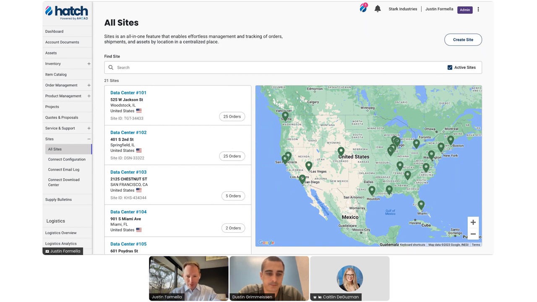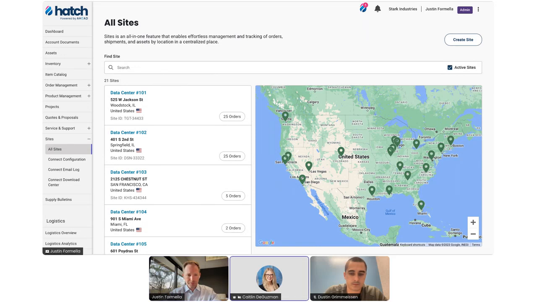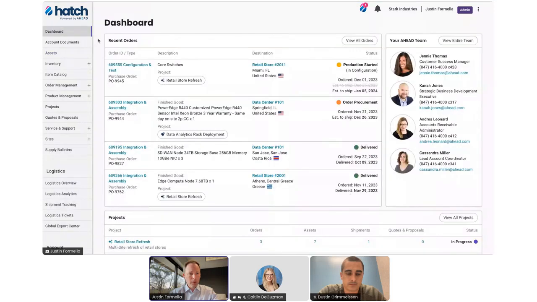Cool. I think another, yeah, we got one. Does Hatch have the ability to maintain status of non-hardware assets, for example, public cloud instances? So it does not yet. That is on our 2024 roadmap. Right now, Hatch is focused on the devices themselves, the Cisco, the networking devices, the compute devices, the storage devices that are managed in a multitude of different environments.